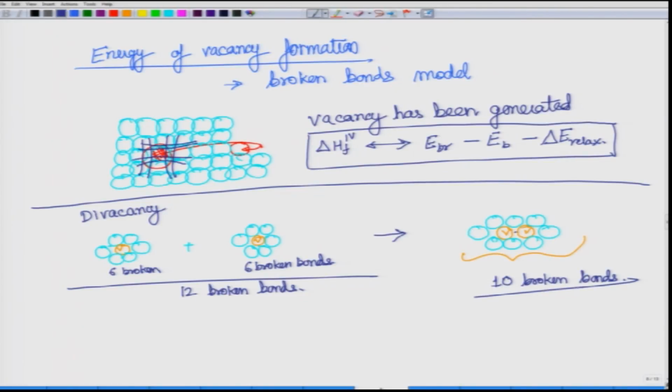Here we have 10 broken bonds, so it is proportional to 10 EBR, which means that for this reaction we should have delta G of bonding of 2 vacancies less than 0, meaning it should be a desirable reaction. The energy is getting reduced. So, this is the system enthalpy getting reduced, and therefore this reaction should proceed forward.